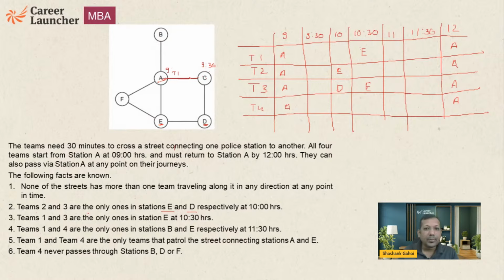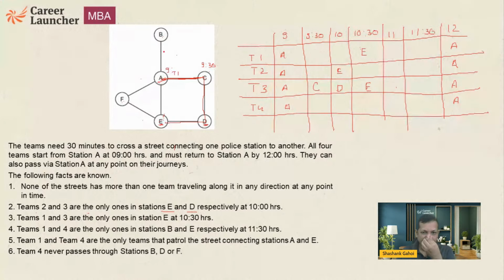So the only possible path is A to C to D to E. So it means at 9:30, it should be at station C. Then it is going through two stations and reaching A again. So it can go to F, A, B, A, not possible because it is half an hour, half an hour each. So it reaches at 11:30, then at 12 it is going to reach